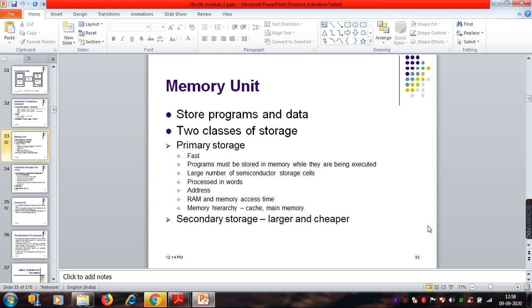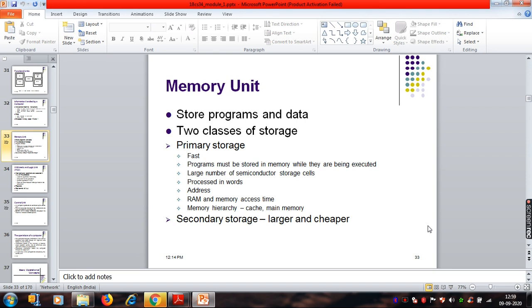Okay, what is that? It is basically a series of storage cells developed using certain semiconductor devices. Then how is the information addressed there? It is addressed using a word address or byte address. Again, big endian, little endian, different addressing methods are there. We are going to discuss that later.